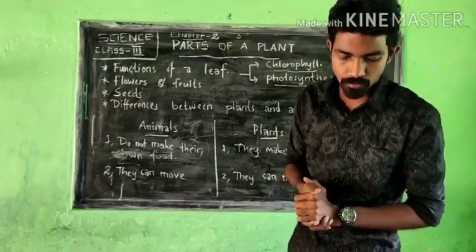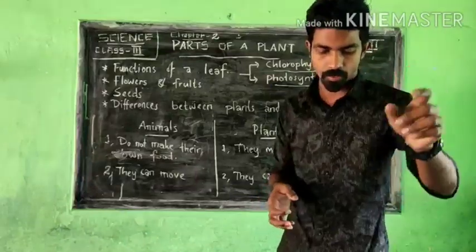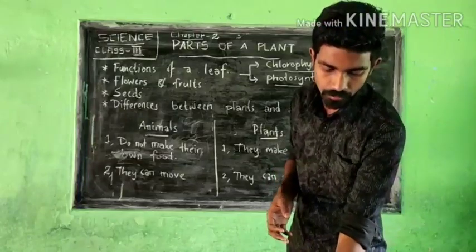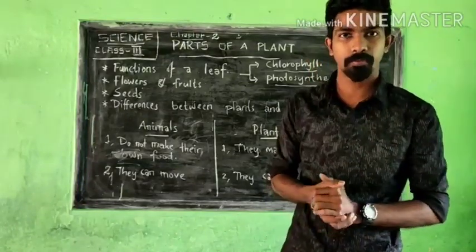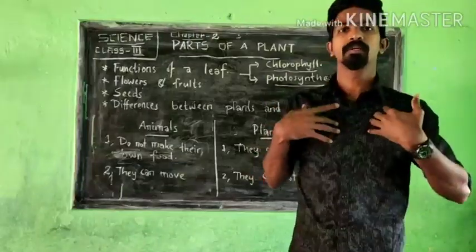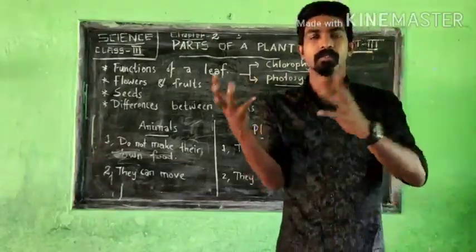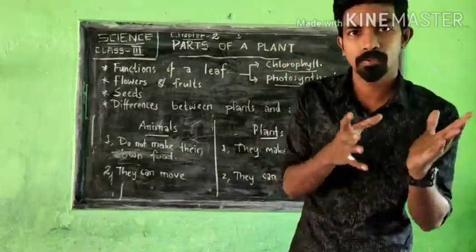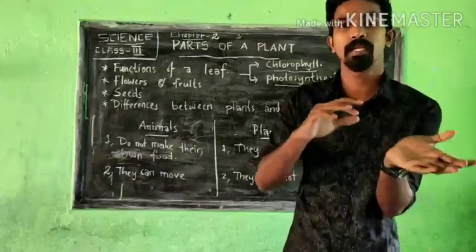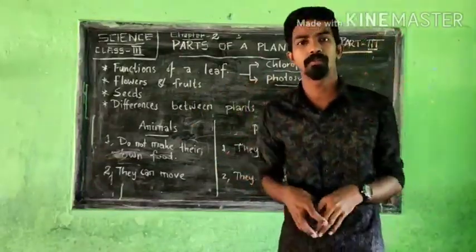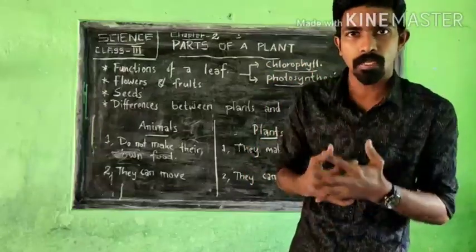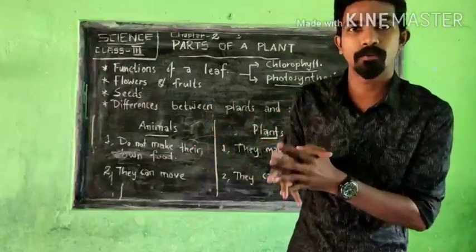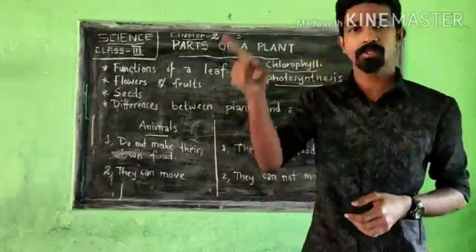The green color of leaves is due to a green-colored substance, that is chlorophyll, and it traps sunlight. Already I told you. Leaves make use of sunlight and carbon dioxide from the air. You know that we take in oxygen and we release carbon dioxide. So what does the plant do? The plant takes that carbon dioxide inside and goes through the food-making process. While making the food, it releases oxygen outside. So that oxygen we are taking again. We release the carbon dioxide, the plant takes that carbon dioxide for making its food, and releases oxygen. So this goes as a cycle.